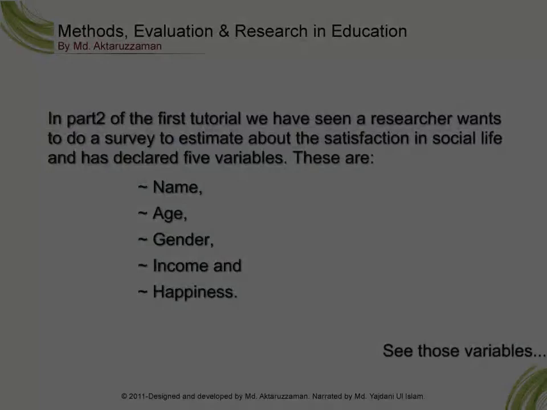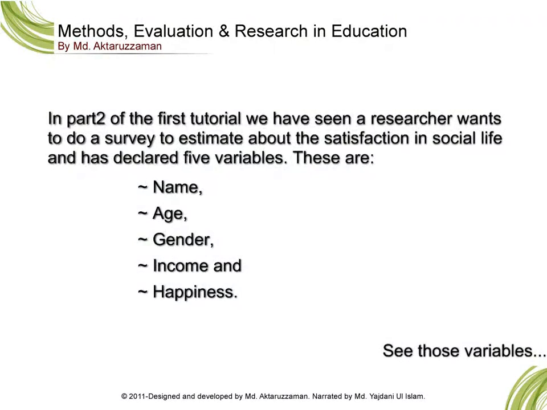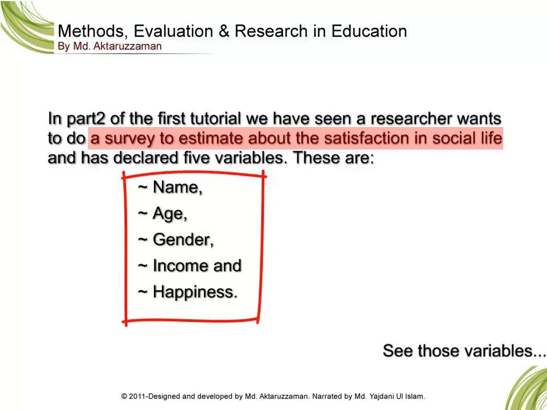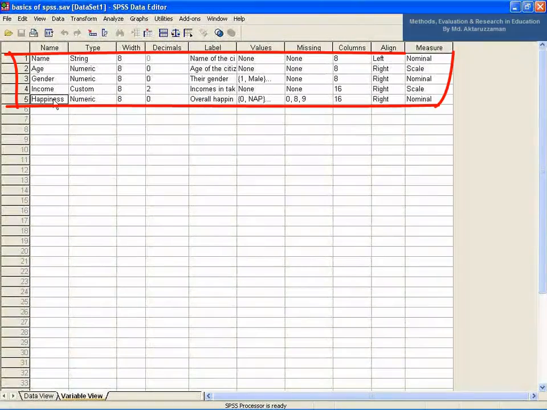Let's see. In the second part of the first tutorial, we have seen a researcher wants to do a survey to estimate the satisfaction in social life and has declared 5 variables. These are name, age, gender, income and happiness. See those variables on the screen. Now, let's enter the data for these 5 variables, which is in the data view of the SPSS